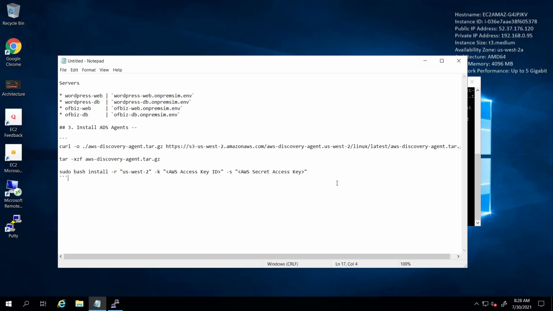Take these. Make sure you do not include the angle brackets, only the access key ID inside the quotes. The quotes are required.